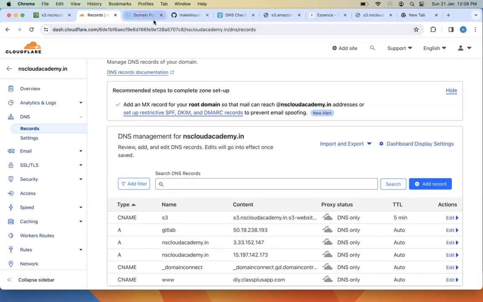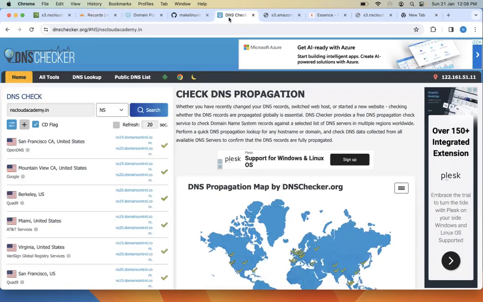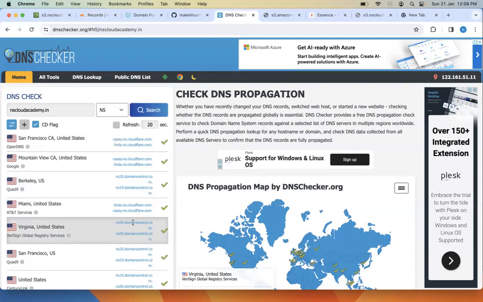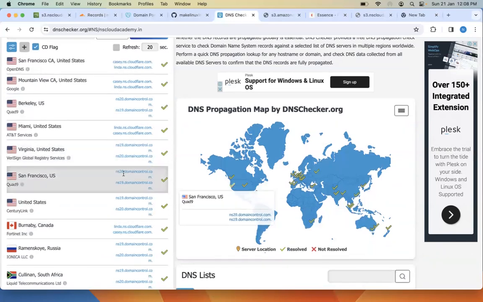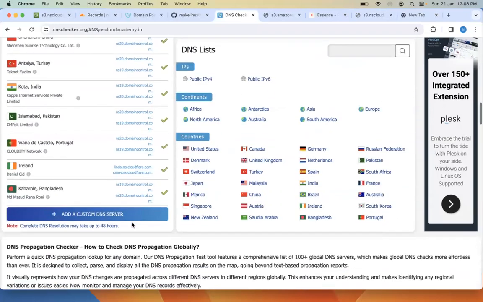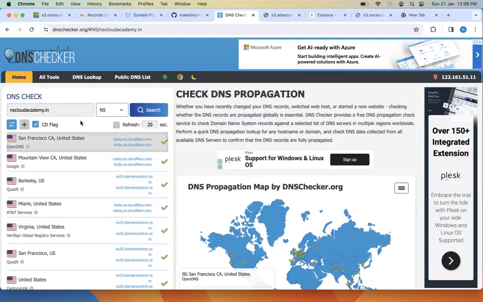See, we have a DNS checker here, right? Once you save it, you see all the records are updated, but in some places we still have the old one, right? So it will take some time to propagate everywhere. Okay, so let's check